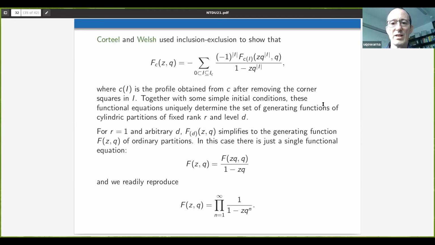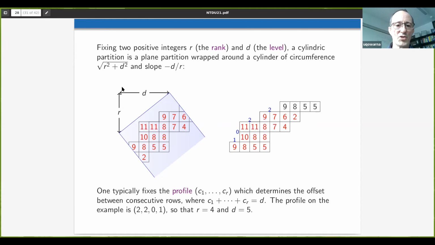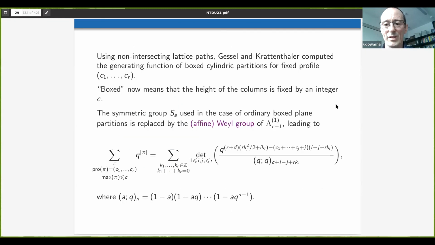Unfortunately, solving this system in general is incredibly difficult. Okay, so it's a complicated system of functional equations, and the larger the rank or the larger the level, the harder it is to solve this. So the level, if you increase the level, that's the total offset. So again, let's go back to this picture. So the rank is the number of rows before you start repeating yourself. The level is the offset between the fundamental domain and when you start repeating yourself. So if you make D or R larger, then these equations become more and more unwieldy,